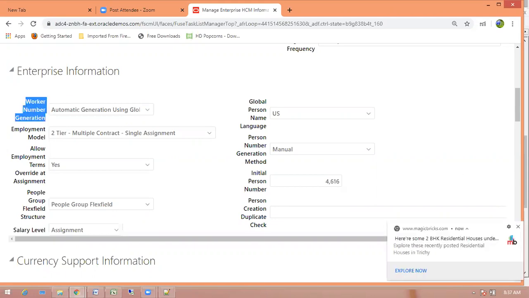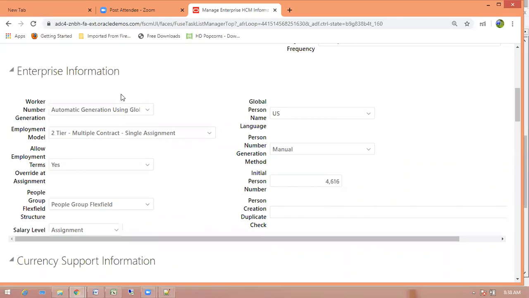Because person number is global, it cannot be changed. If you transfer from business unit to business unit or LE to LE, the person number is not going to change. But worker number you can. Let us take TCS. TCS acquired CMC, right?